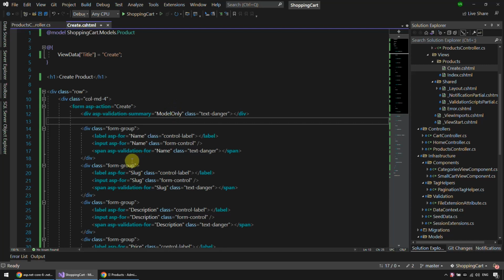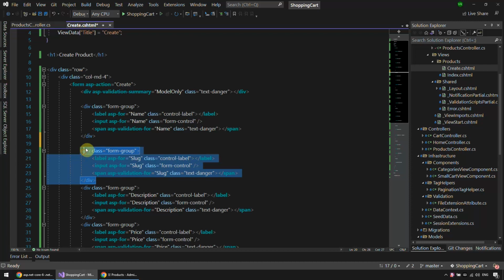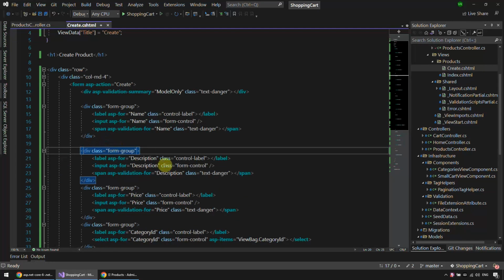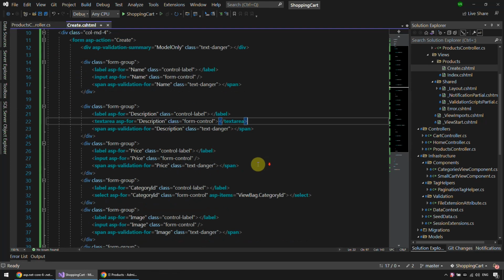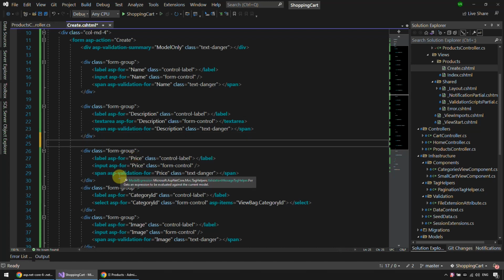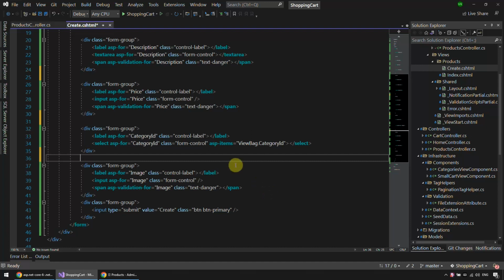Model only is fine. So we have the name here, slug we don't want. Description we do want, but it's supposed to be a text area. So text area, and here as well, close it. Okay, we do want the price, and then for categories,